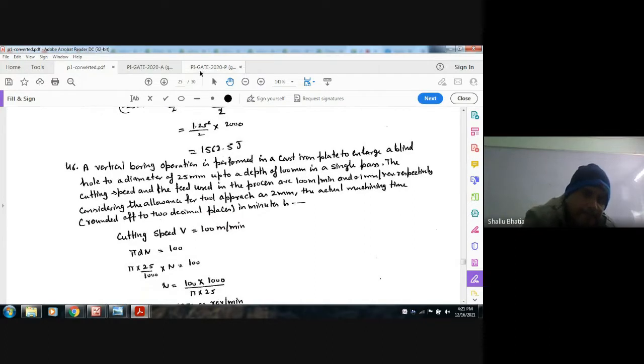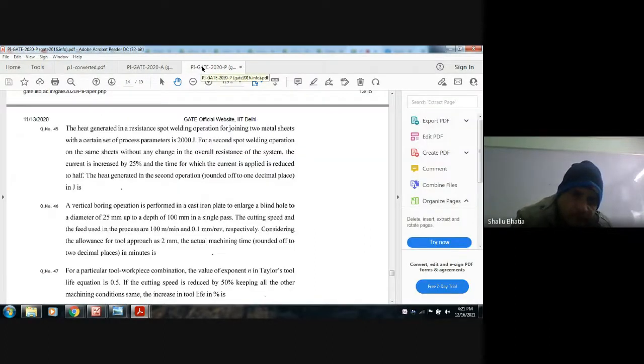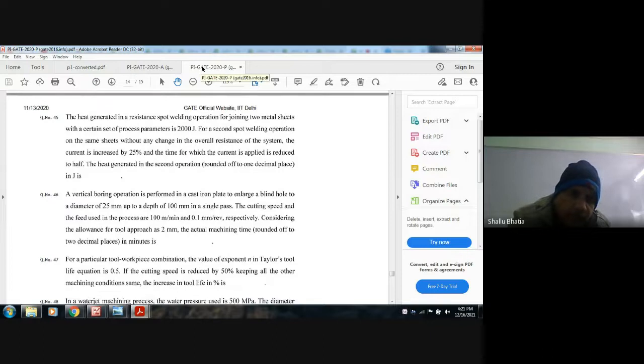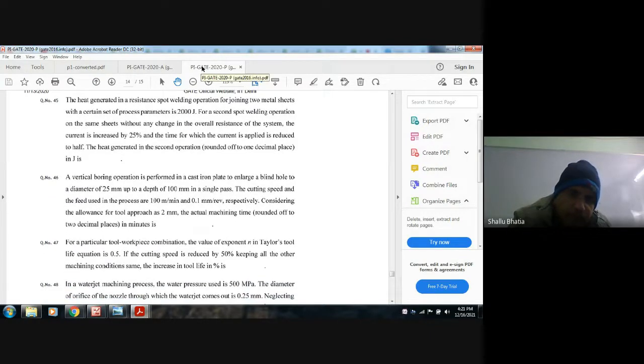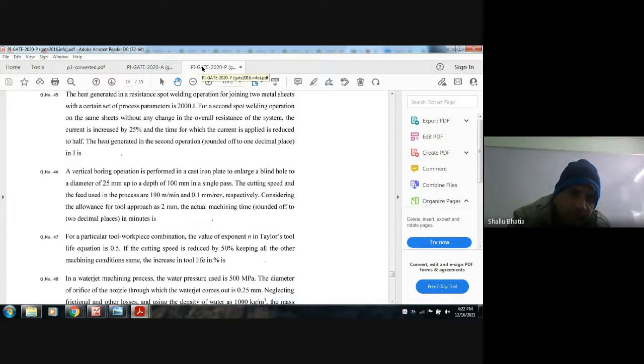Next, in a vertical boring operation, a vertical boring operation is performed in a cast iron plate to enlarge a blind hole to a diameter of 25 mm up to a depth of 100 mm in a single pass. The cutting speed and feed used in the process are 100 meter per minute and 0.1 mm per revolution, respectively. Considering the allowances for tool approach as 2 mm, the actual machining time